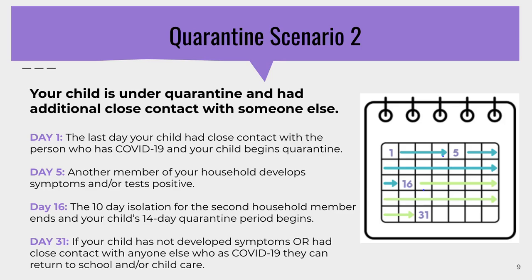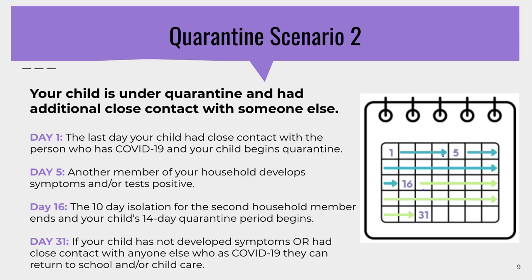On day 1, dad tests positive for COVID-19 and begins isolating. The 2 other members of the household begin their quarantine. On day 5, mom develops symptoms and tests positive for COVID-19. Since mom needs to continue to be in contact with the child, the child's 14-day quarantine period begins after mom's isolation period ends. On day 16, mom has met the requirements to end isolation. This means on day 31, the child has completed their quarantine period and can return to school.